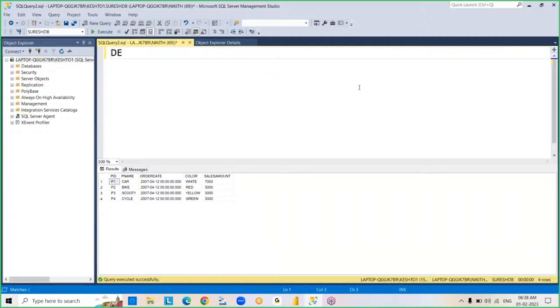So the next command is delete. Used to delete the data from the table. See, we already worked with truncate, right? Then what is the truncate command? In DDL commands we worked with truncate, right? Truncate also is used to delete data from the table only. But the difference is